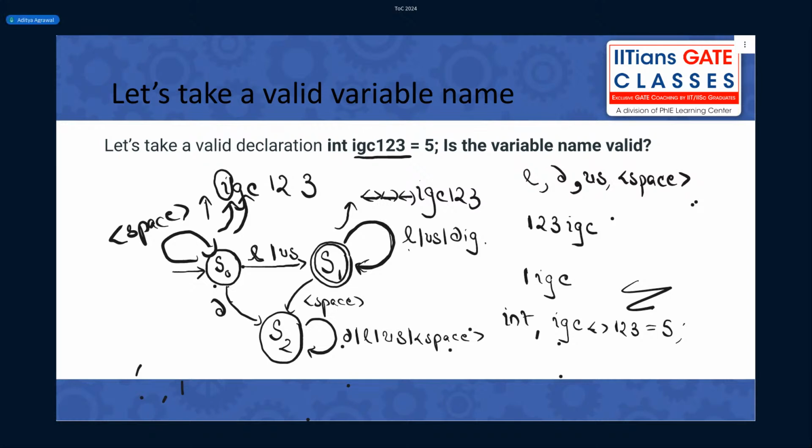This machine is called DFA. What is DFA? Deterministic finite automata, which means from each state, it is very deterministic that given any input possible in that set of symbols that I've given, I will always land in some state. Okay. So this is the machine that I was trying to build.